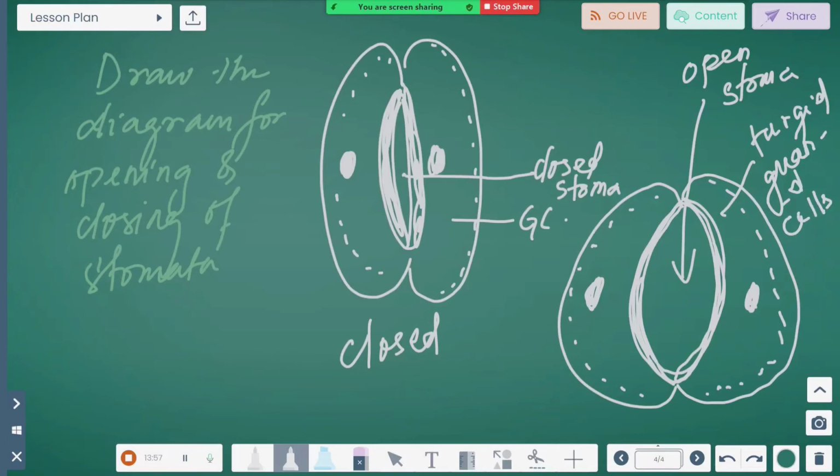So this is generally observed during night time, and this is observed during daytime. And what is the reason that only during daytime the stomatal apparatus will be open? The reason is simple: because photosynthesis is performed at that time, the guard cells will be extremely thick and turgid, so the stoma will open. And in the night time there is no photosynthesis, and if there is no photosynthesis, the guard cells will not be highly turgid and the stomata will remain closed. Okay.